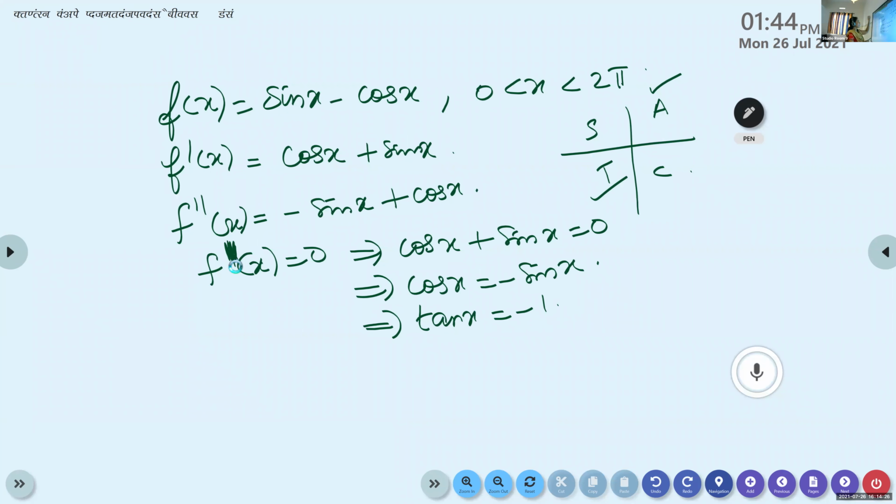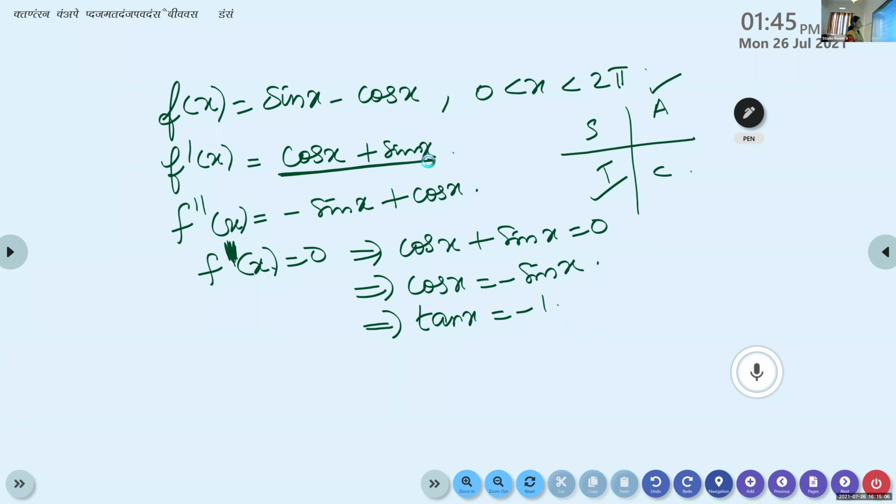So here the function is sin x minus cos x. What is the derivative of sin x? It is cos x. Derivative of cos x is minus sin x. Already one minus is there. Minus of minus becomes plus. What is the second order derivative? Derivative of cos x is minus sin x, plus derivative of sin x is cos x. Is it correct? Then here we equate f dash of x to 0. Is it okay, Achyut? Yes, ma'am. I equated the wrong equation.